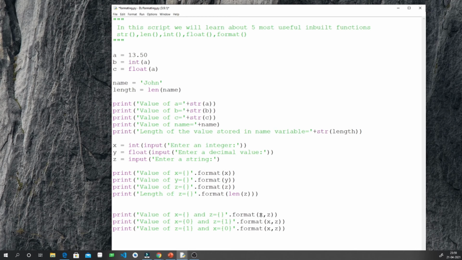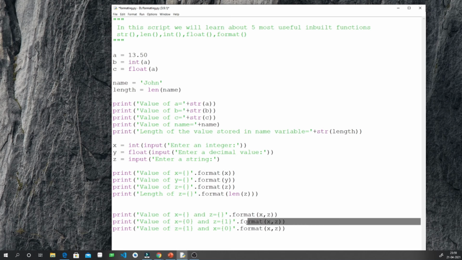The first parameter is x, so it will put x here, and the second parameter is z, so it will put z here. This line is actually useless, because the above line will do the work that this line does, but I have still written it to show that it will give the same output.